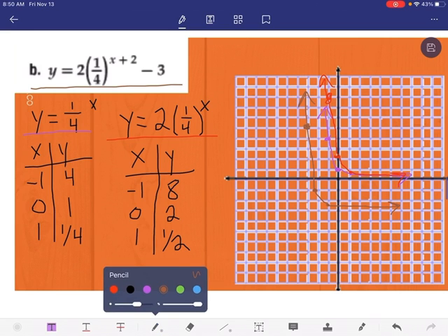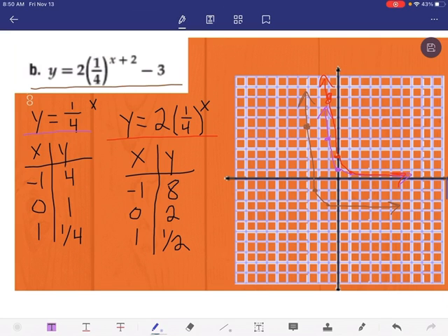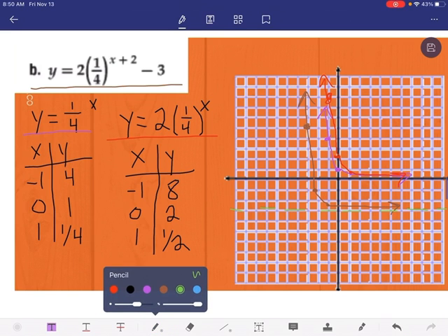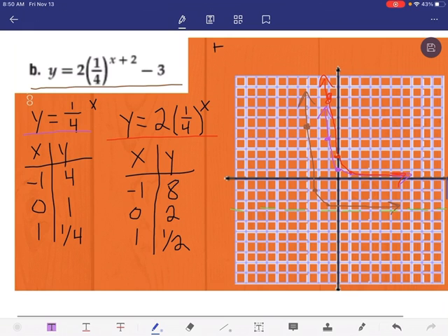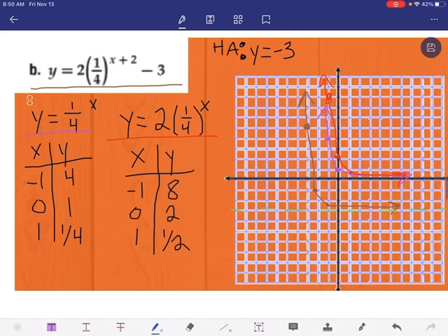So notice this time, since we do have a vertical shift, we've shifted down 3 spots. That means that our horizontal asymptote has also shifted down 3 spots. So this time we have a horizontal asymptote at y equals -3. So our domain is still going to be all real numbers, but this time